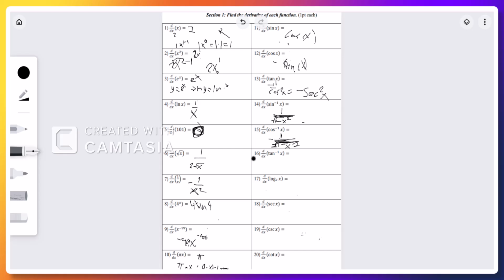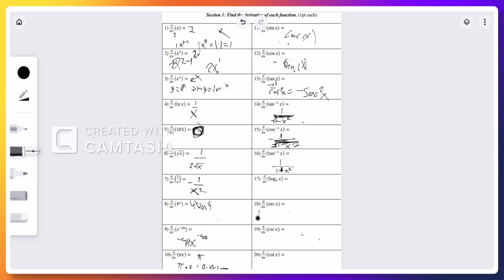The next one is tangent. The derivative of the inverse of tangent is going to be 1 over 1 plus x squared. As you can tell, there are some patterns to that. And we're going to skip the log for now, just to go on with this pattern. So secant is going to be,